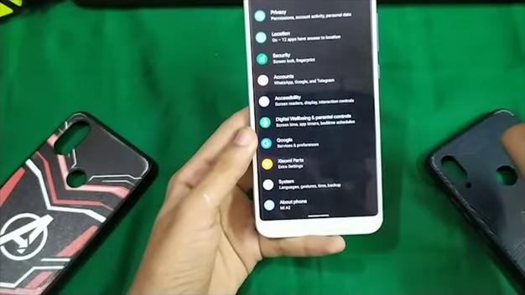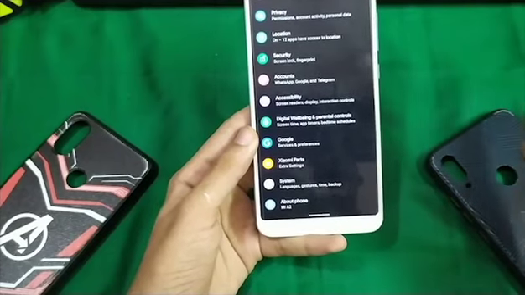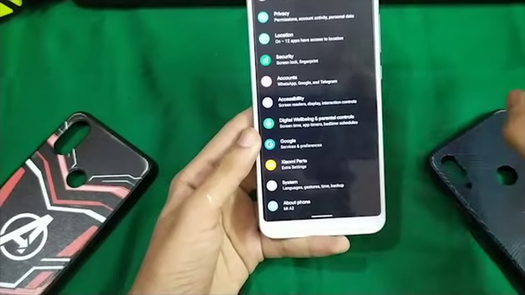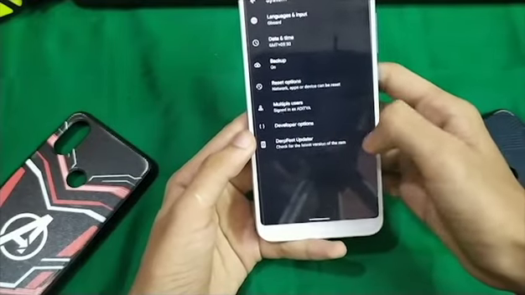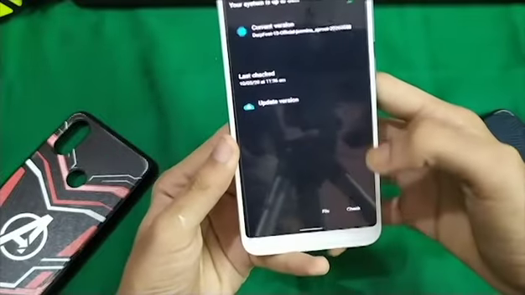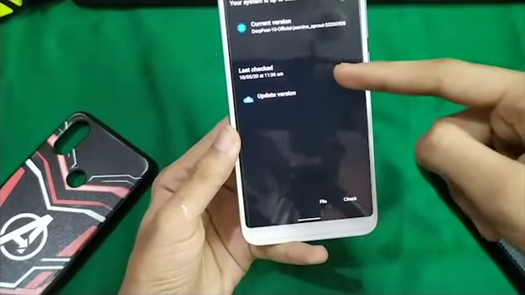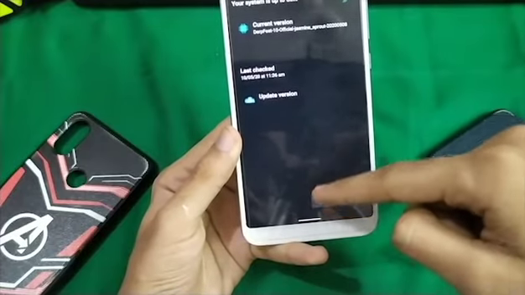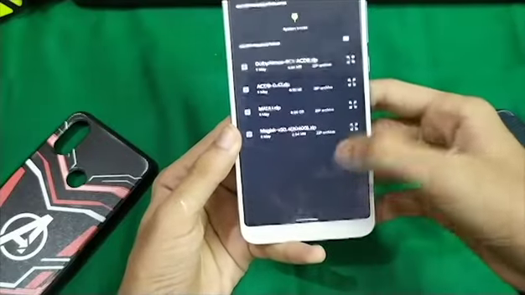The first feature of this ROM is that it is actively maintained, and you will get weekly security updates which ensure stability and customization. You will get your updates via Derpfest Updater. This is based on OpenDelta. So let me click on check. As my device is now up to date, there is no update. Also, if you want to update, you can directly flash a file. So you can select the file which you want to flash, and you can directly flash it.